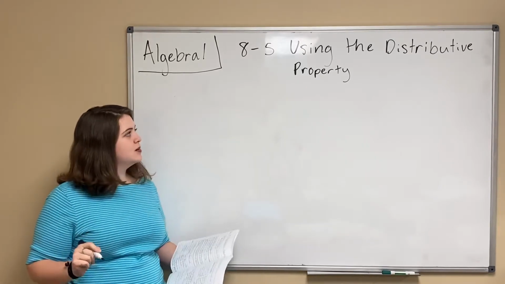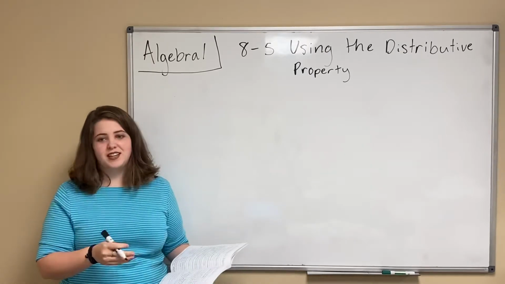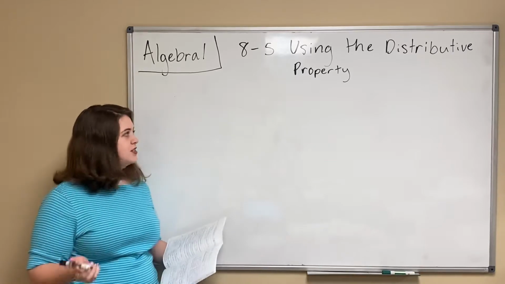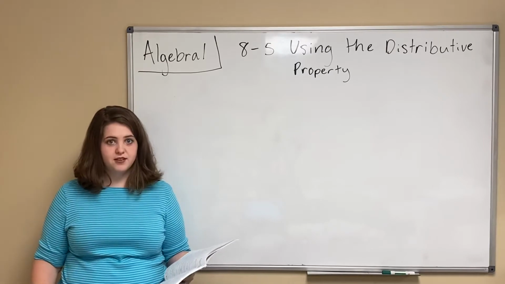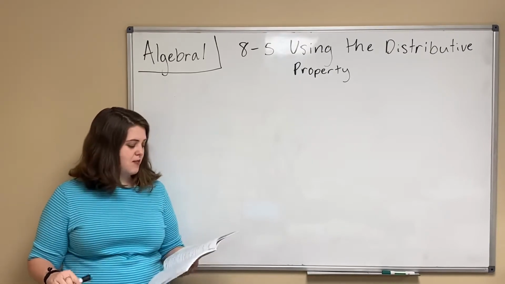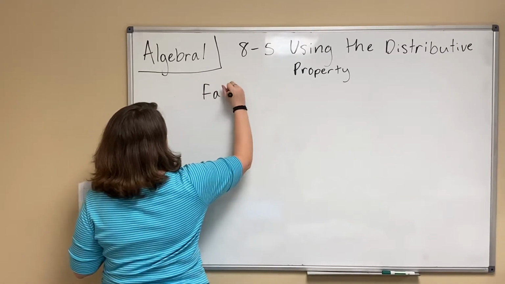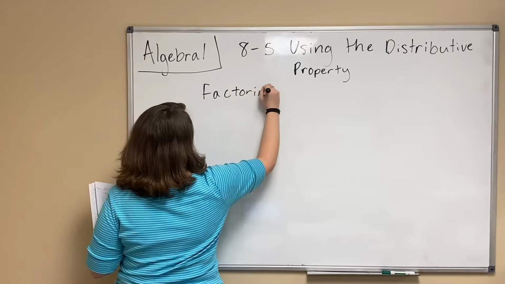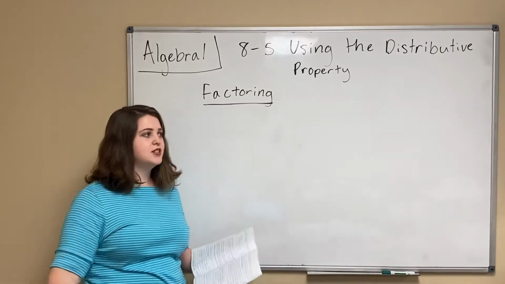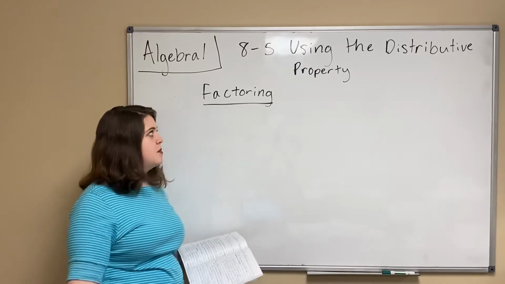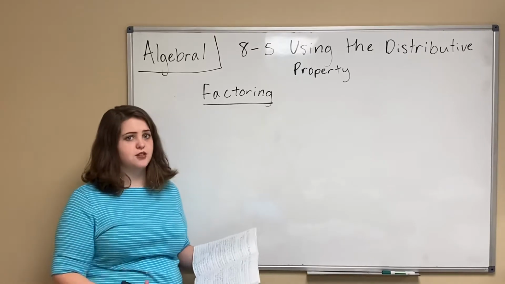Today we're going to be talking about using the distributive property, basically to undo what we learned how to do in previous sections. So we've been talking about multiplying polynomials together using the distributive property, and now we're going to learn about something called factoring. When you think of factoring, basically just think of doing the distributive property, what we learned before, backwards. And I think the best way to show you how to do this is just to walk through an example